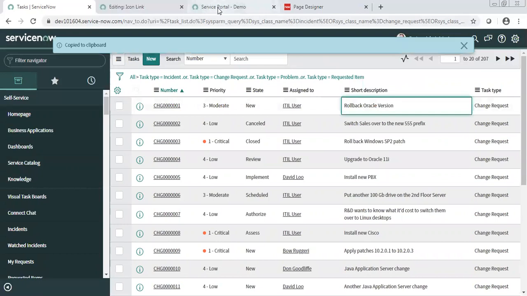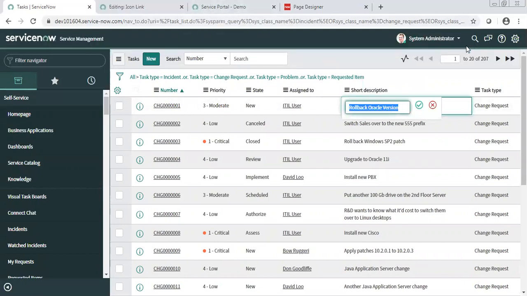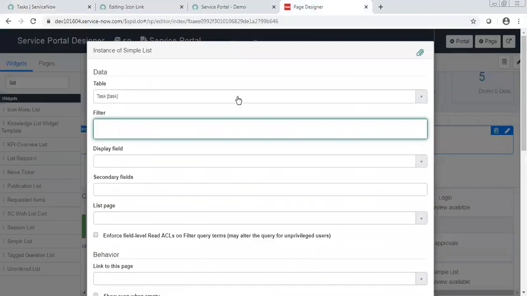Is it requested item or request? Service request. Requested item. Like, if you want to show the request, then you can put the request table here. As the task table has records of multiple tables of ServiceNow, but I just want to display 4 tables' records here, I have created that filter and I am just putting the filter here.